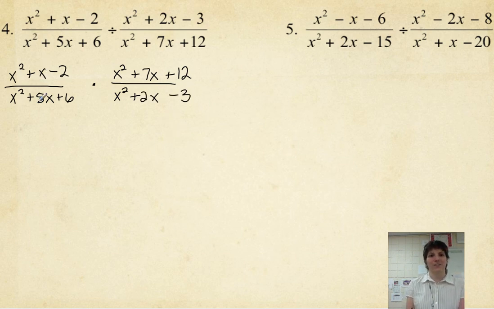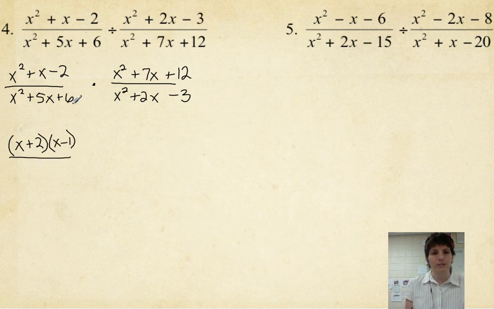Now that I've got a fraction times a fraction, it's multiplication, I can do my factoring and my simplifying. So a pair of numbers that multiply to -2 and add to +1, because I have that leading 1. So x plus 2 times x minus 1